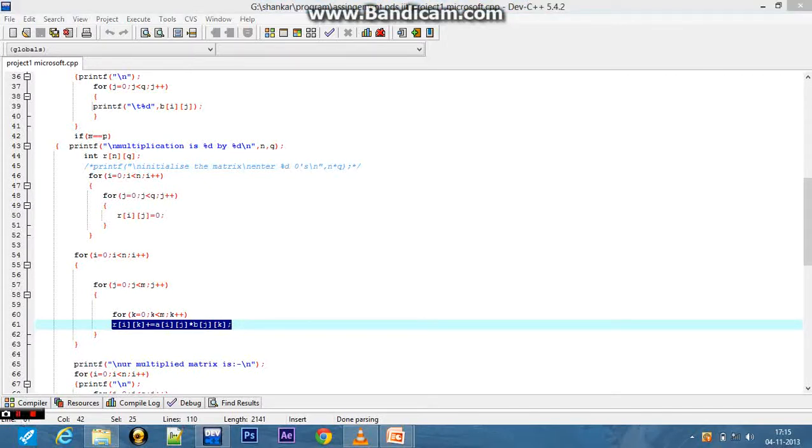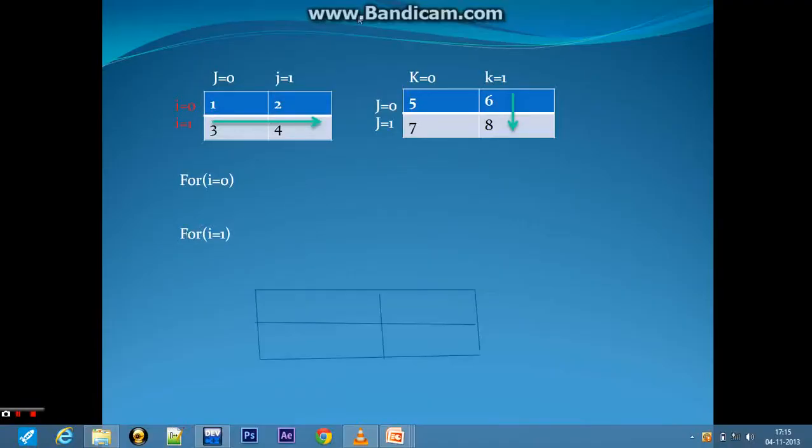Let us have a look at the presentation. Here we have taken a 2 by 2 matrix, where i is equal to 0, i is equal to 1, j from 0 to 1, and k.